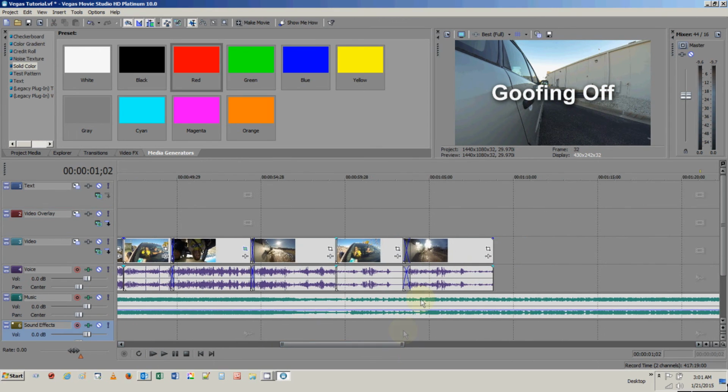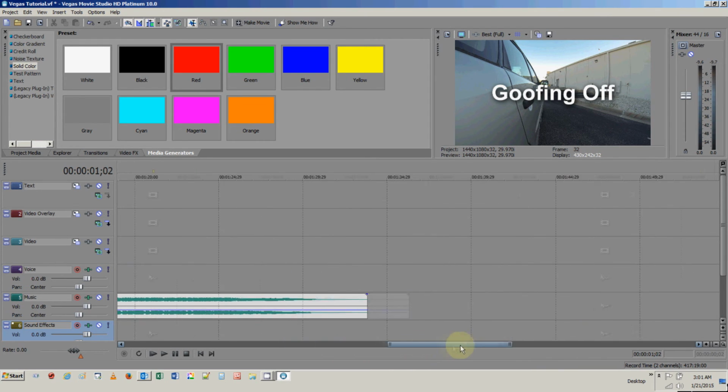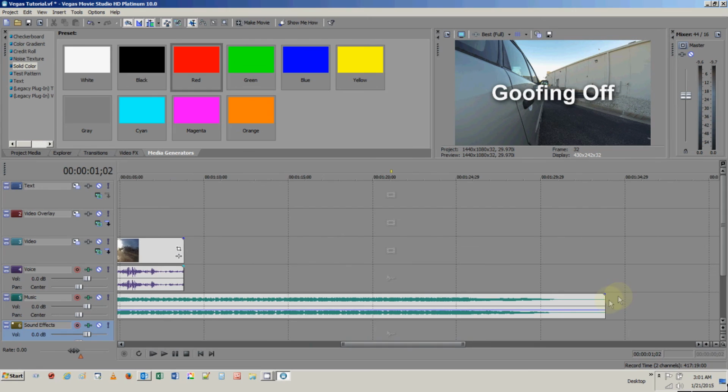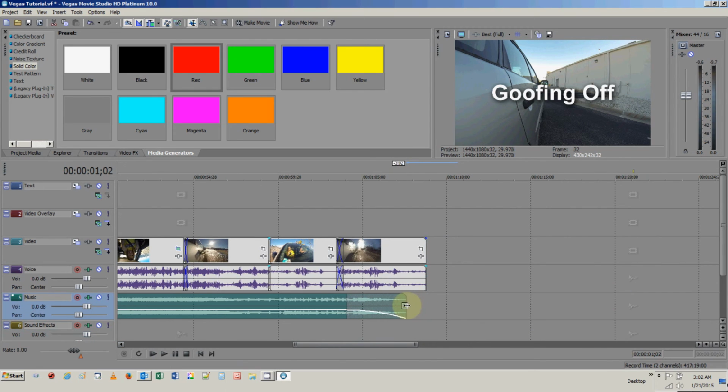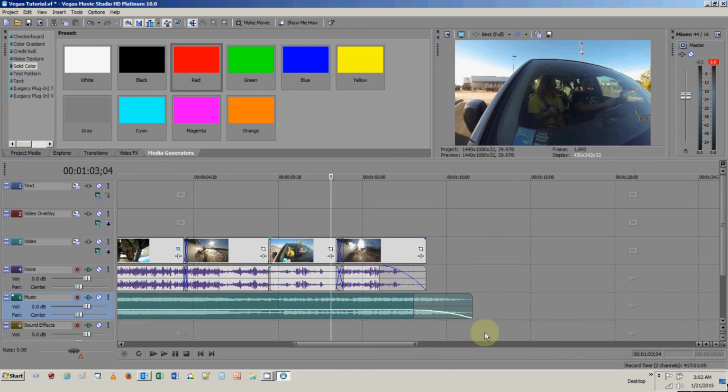And then right about here is a good part for the music to fade out because our video is going to end here. And we've got a lot of music, and I don't need all that music. At that natural break, I want this to fade out like that. And I want this to start fading out as well. And then at that point, I want to drop in my little tagline. I've already got that created, so all I need to do is drag it in.